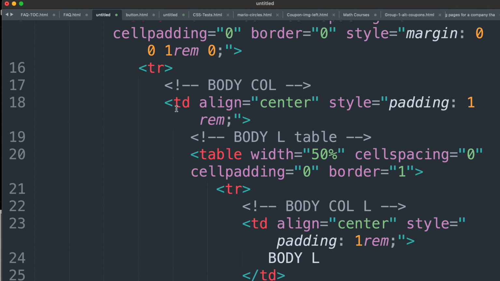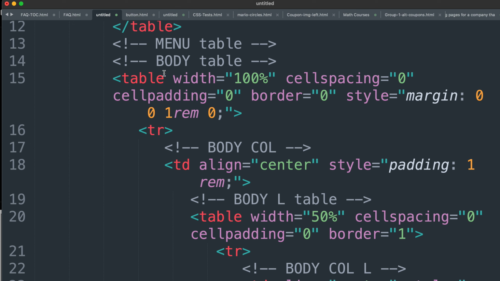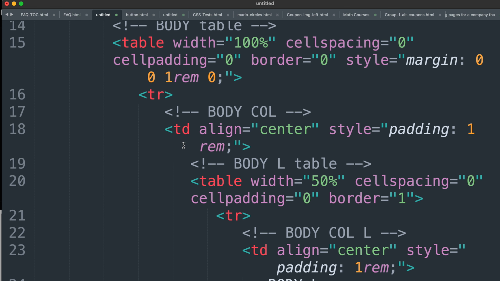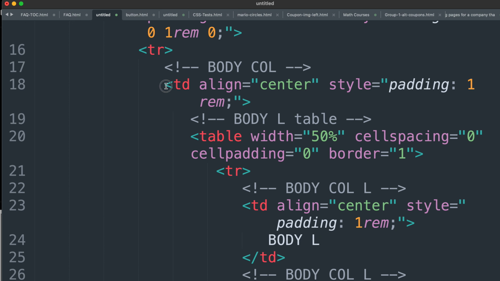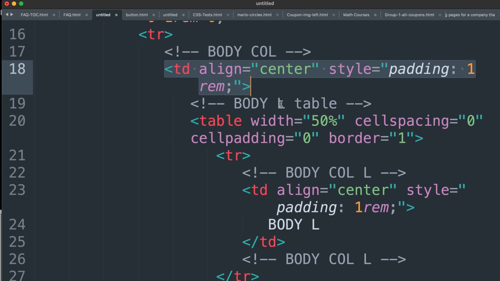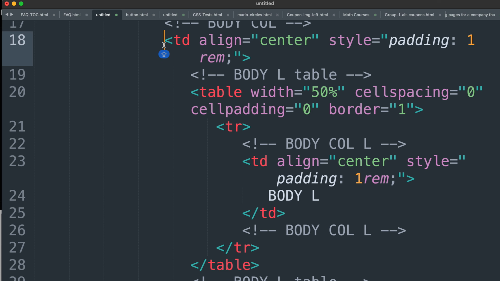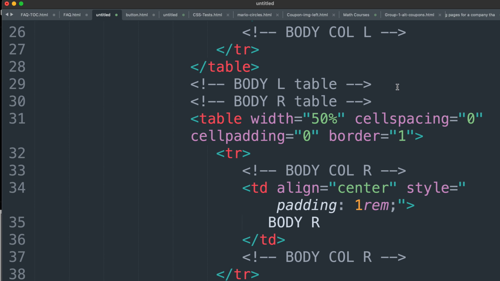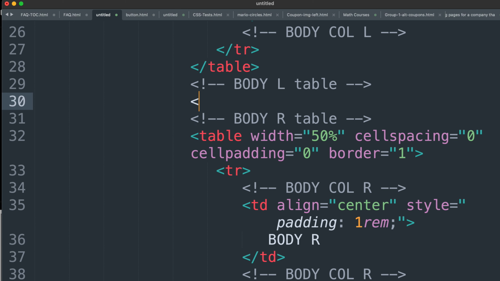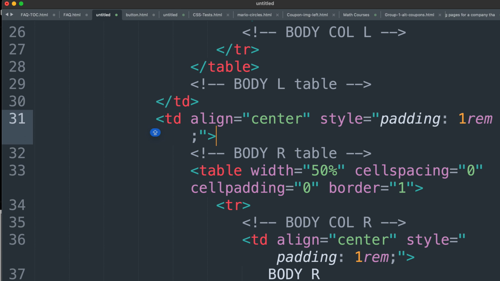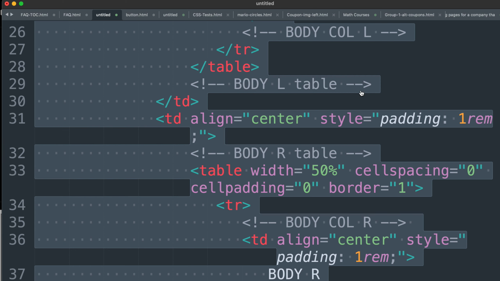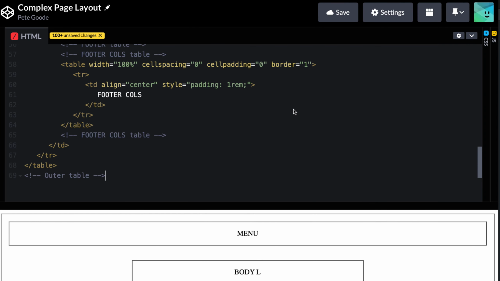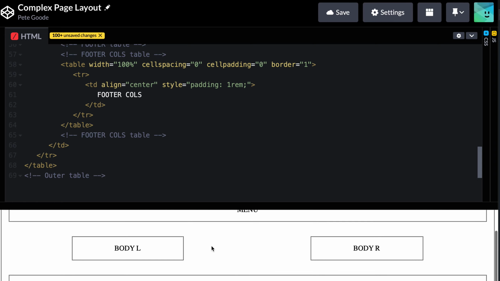Okay, so I find my TD. So remember, I've got body table coming inside body columns, and that's the TD that I want. I want to copy that one, but I want to come down to between these two, and I want to end that TD. Then I want to begin a new TD. All right, that should solve the problem. Look at that. Now I've got two